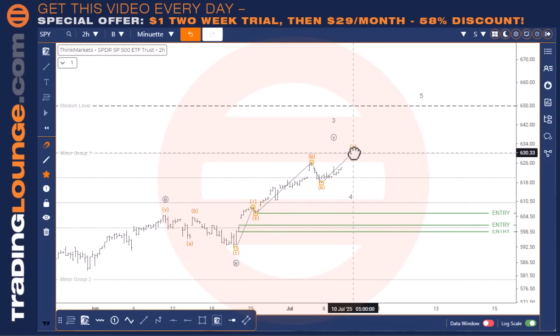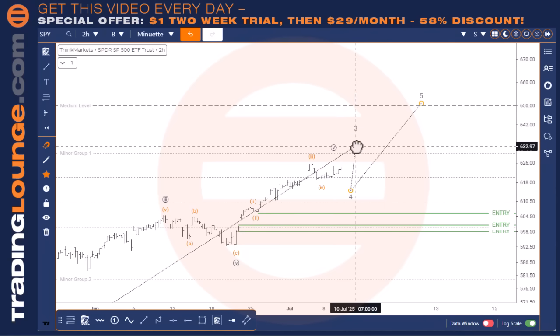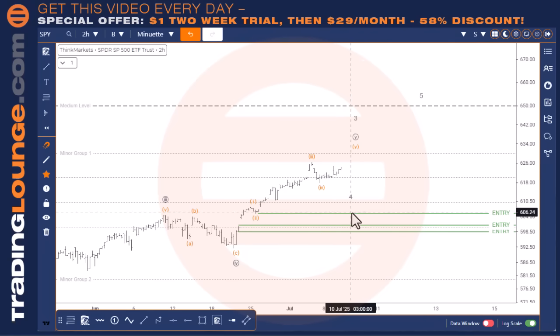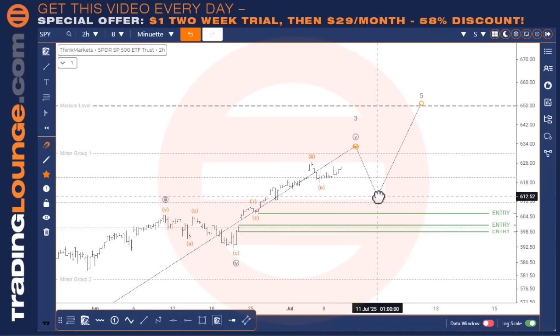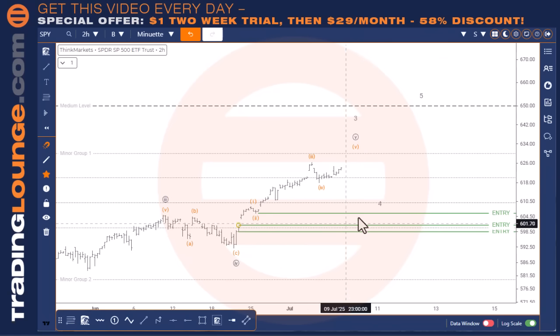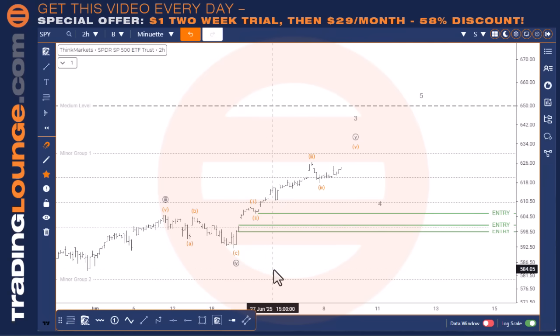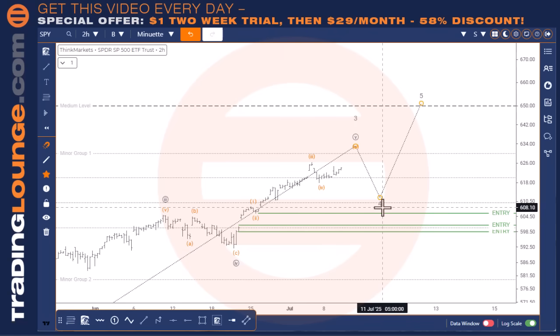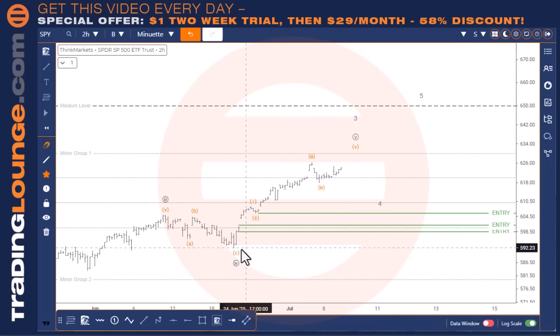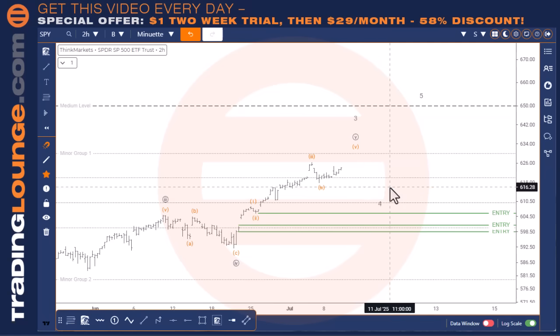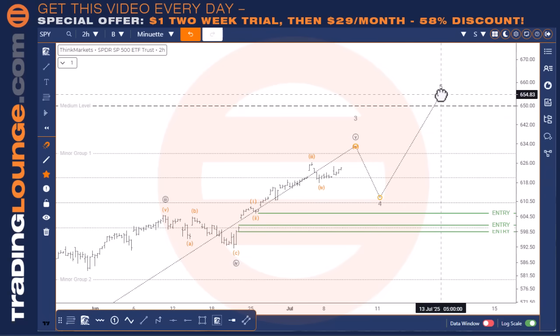So we're looking for wave 5 up here, of wave 3, of wave 5, plonk that in the middle there. And then wave 4 here, as I mentioned before, this wave 4 needs to be a little bit bigger than this previous wave 4 here. It's not set in stone, we just paint a general picture, and then we keep working and tweaking. What we're looking for after the completion of this wave 4 is the first little impulse wave to the upside here, so we can trade from wave 4 to wave 5 up here